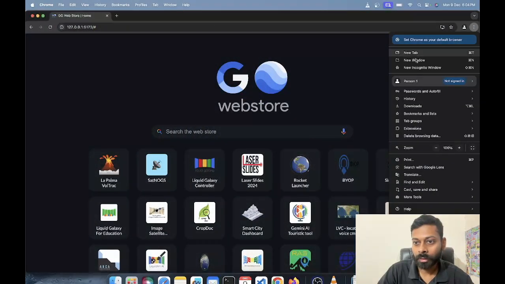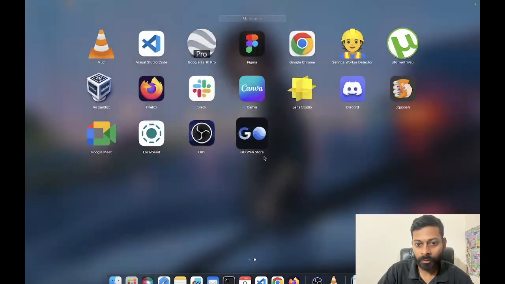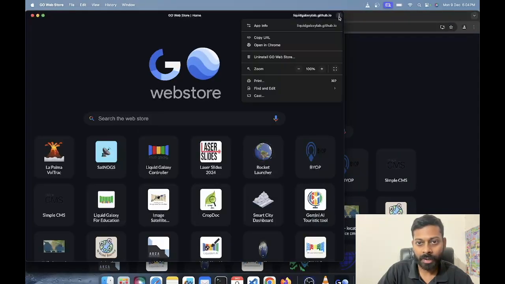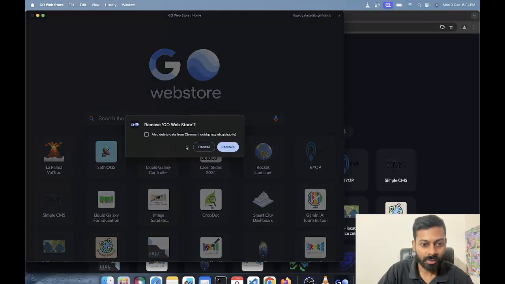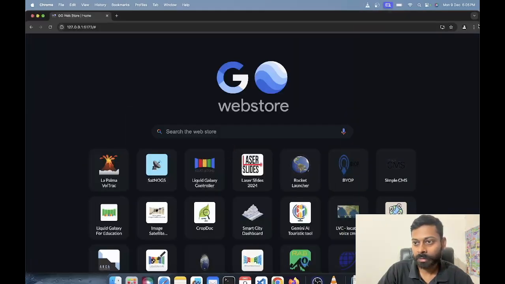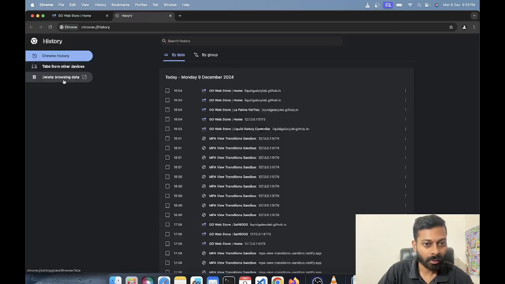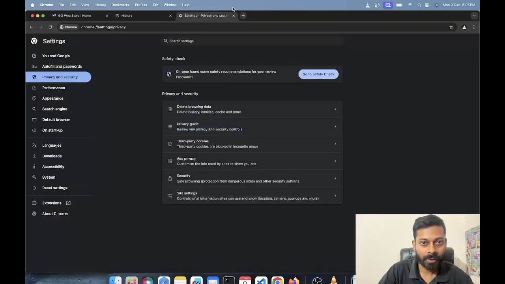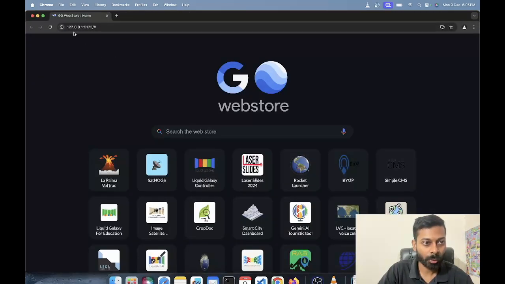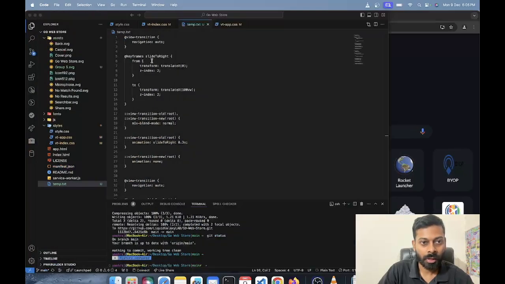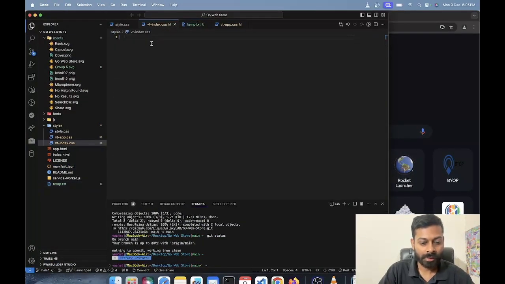Okay, doesn't matter. I think I will still delete any instance that has the previous animations running in them. I will delete this. I will go right ahead. I think if I delete every browsing data that I have, I could have just deleted it specifically in the grouped history for this page, but yeah, now the animations are gone. There is literally no animations right now, and the first thing that you want to do is add the view transitions